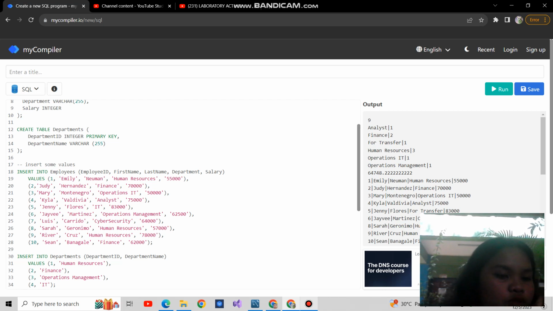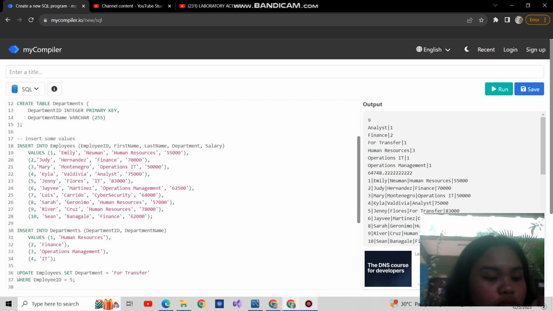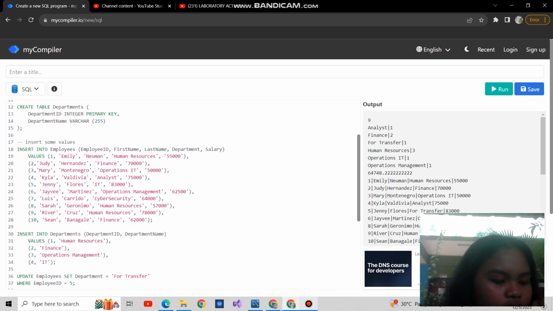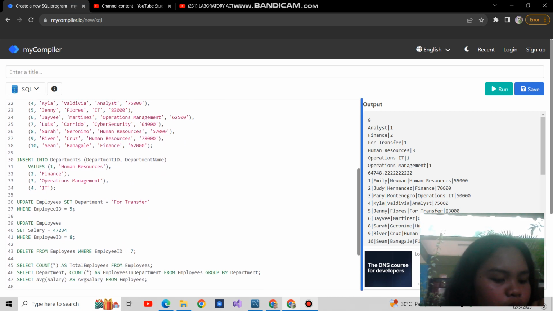So next task is aggregation and sorting of the values. So here we write SQL queries to find the total number of the employees in the company and also the number of employees in each department and also the average salary of employees in the company. And for our sorting, so here we retrieve the employees table and sort them alphabetically by their last names and retrieve employees and sort them by their salaries in descending order.